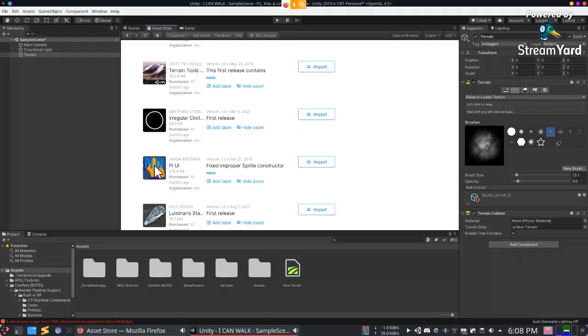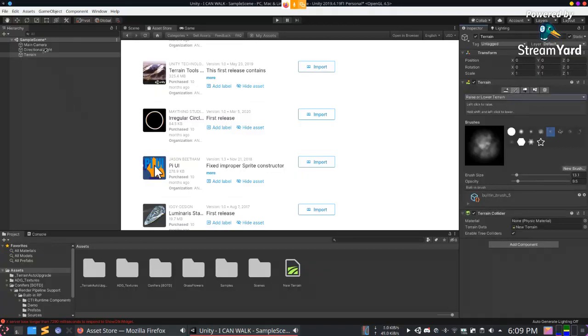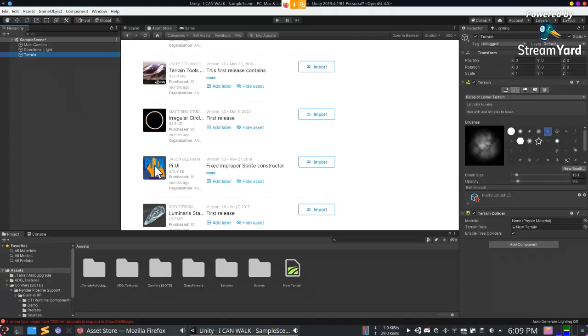Okay, so we are done. You don't see any changes here, but let's see, okay, then it works. It will take some time to load. Yes, now you can see a lot more options in here.